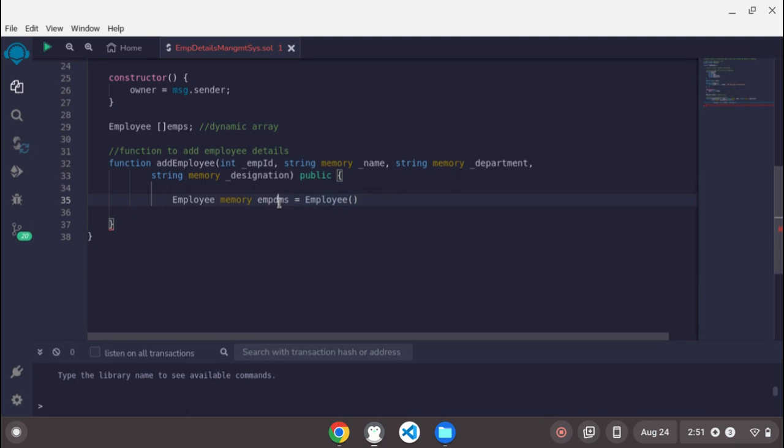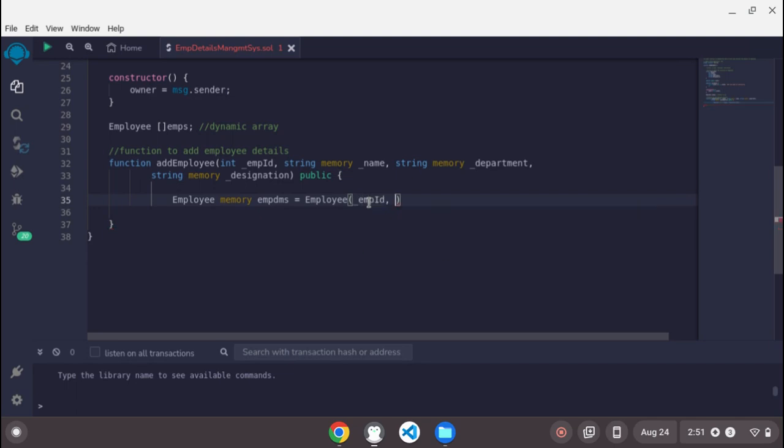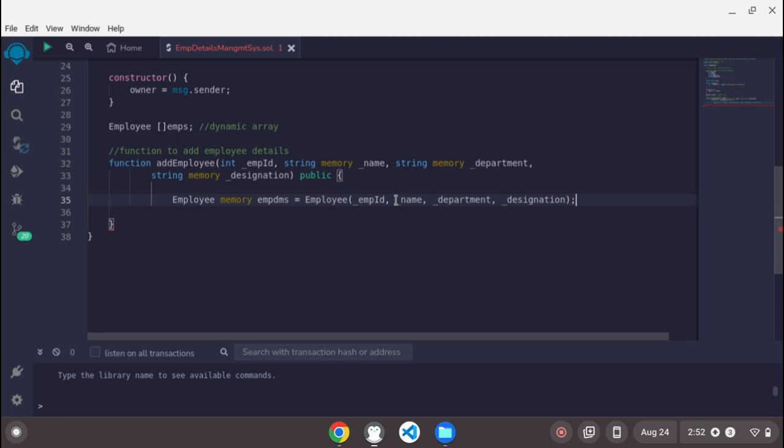Then this variable name should be assigned as employee, and is equals to employee. The structure of that employee accepts this information. So from this information, this is of course accepting this information I'm putting here. So I have to replicate this variable name I'm inserting here into this place. Underscore name, underscore department, underscore designation,